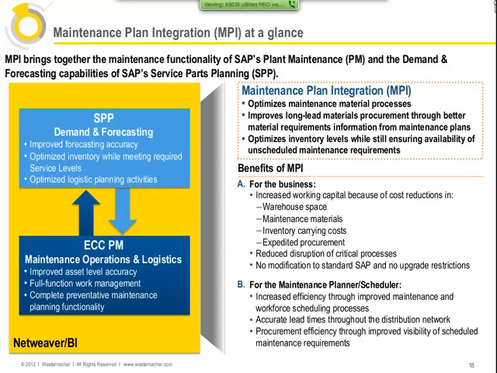As far as for the maintenance planner, the benefits that they're going to be seeing immediately is, first of all, efficiency as far as the improved maintenance and workforce scheduling processes. We're now not dependent on the materials. Now we can schedule based on the workforce. As far as the material planners, we have accurate lead times throughout the distribution network, so we have good traceability, and of course now we have good visibility as far as the scheduled maintenance requirements that are going to be in the future that right now are still hidden in the maintenance plans.